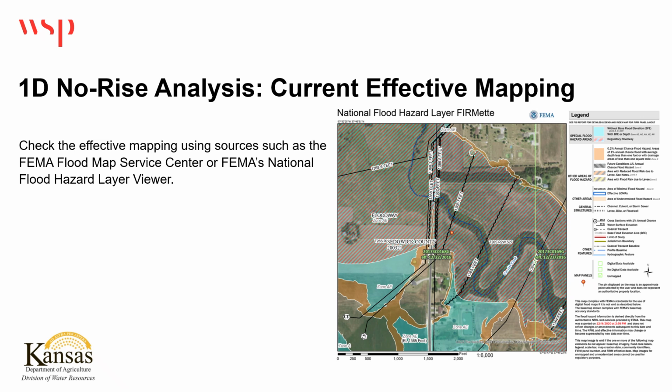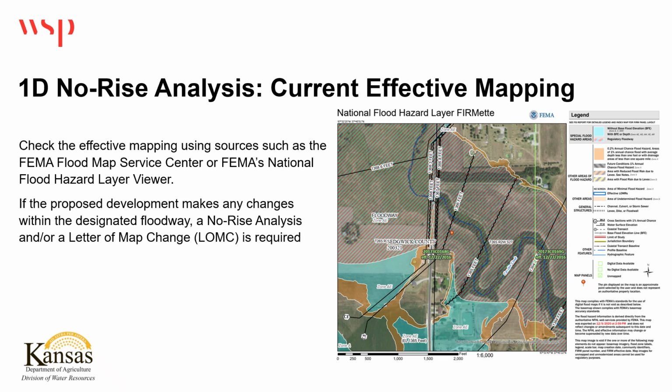The first thing we need to do is check the current effective mapping. So we can check the current effective mapping by using the FEMA Flood Map Service Center or FEMA's National Flood Hazard Layer Viewer. If the proposed development makes any changes within the designated floodway, a no-rise analysis and a map change may be required. If you go on the FEMA Flood Map Service Center, you can create these FIRMettes after you search for